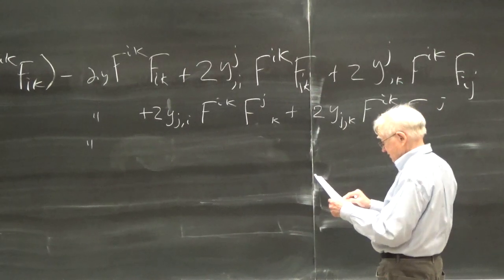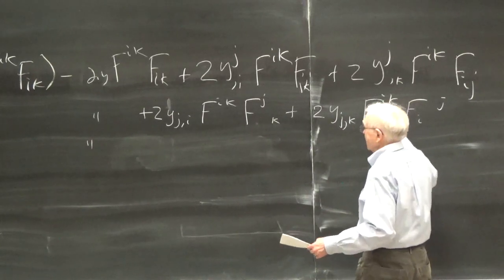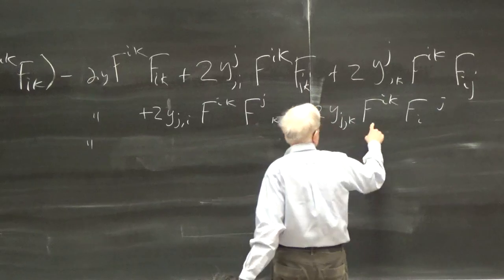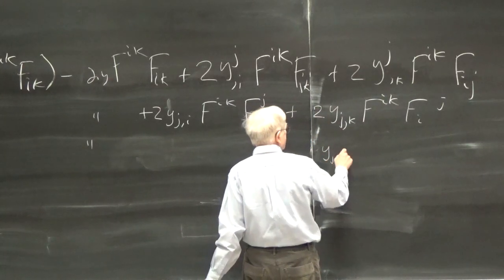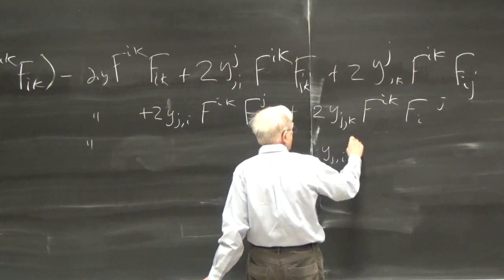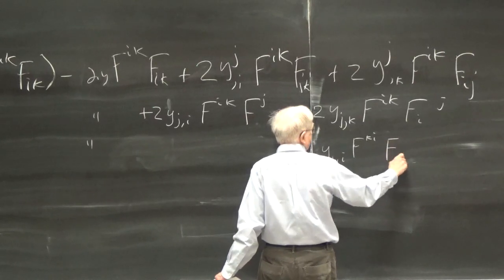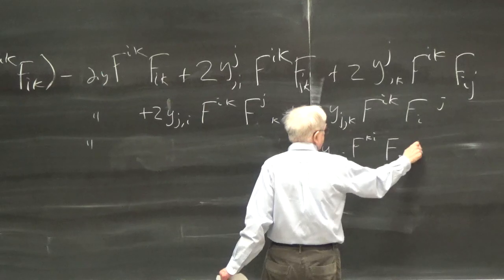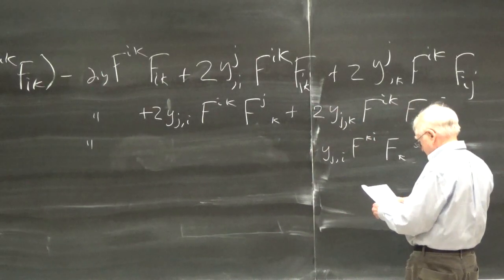Let me see if I've got this straight. All right, let's say you interchange i and k here. Then this would be y_{j,i} f_{ki} f_{kj}, and